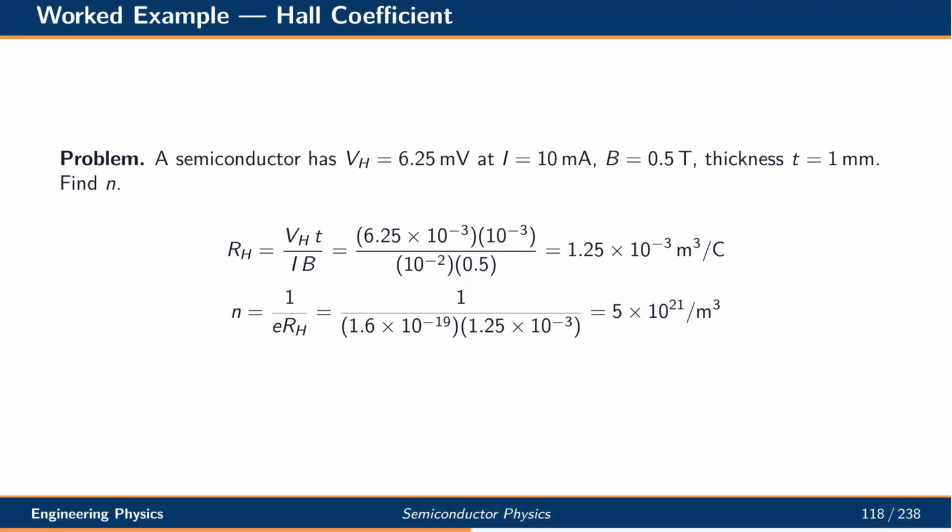Consider a semiconductor with a Hall voltage of 6.25 mV at a current of 10 milliamperes, a magnetic field of half a Tesla, and thickness 1 mm. The Hall coefficient works out to about 1.25 times 10 to the minus 3 cubic meters per coulomb. Dividing by the elementary charge gives a carrier density of 5 times 10 to the 21 per cubic meter. This kind of measurement is routinely used to characterize